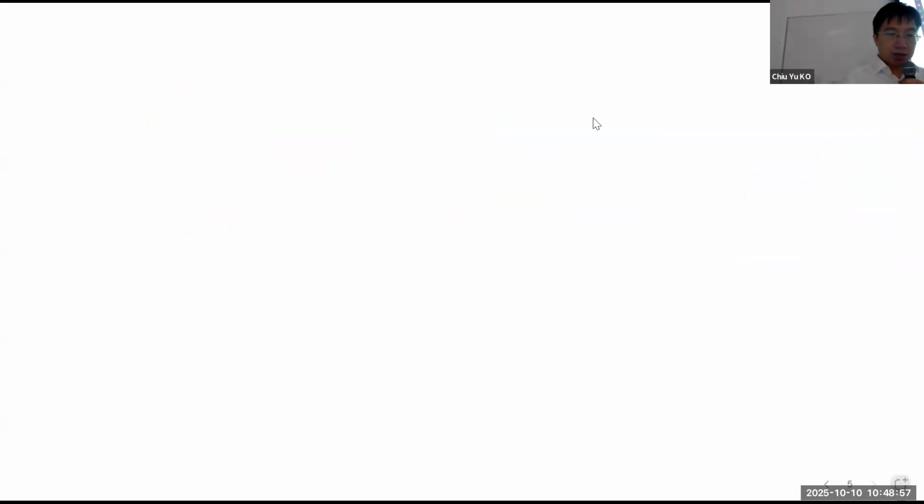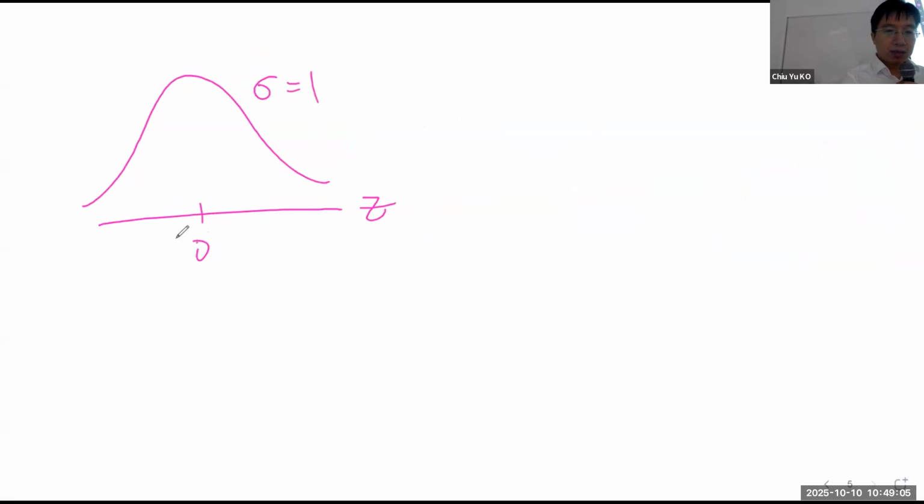So chi-square is the following. You have a bell, sigma is 1, right? What you do is you pick a number here, okay? Pick a number and square it. This gives you the chi-square. The chi-square will look like this,